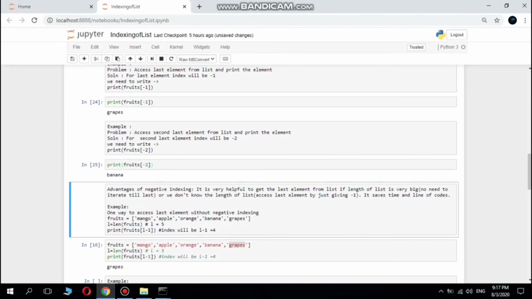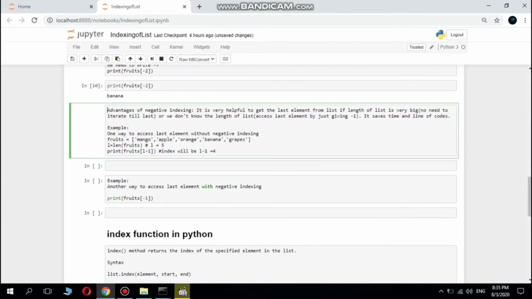Suppose there is one way of accessing the last element of the list: first we get the length of the list. In my case the length of the list is, as you can see, 1 2 3 4 5, so 5 elements are there, so the length will be 5, and I need to access the last element. The fifth element will be accessed by the index which is 1 less than the size itself, so the index will be 4. So to access the fifth element, the index should be provided as L-1, equal to 4. So I'll just copy this code